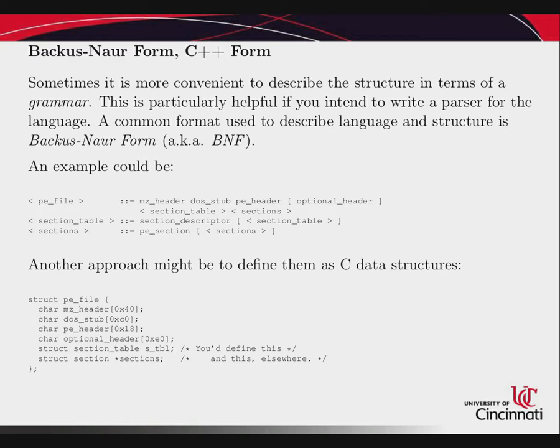It's commonly used in a lot of documentation on the internet for format specifications and things like that. It's also very common to write it out if you're trying to build a parser for a particular file format. I've done a highly simplified version of the PE file that you saw earlier. Basically, this is what they call Backus-Naur